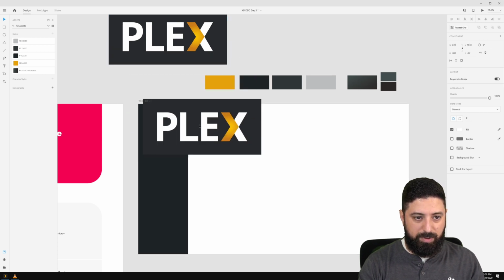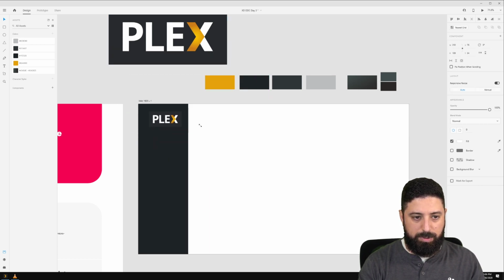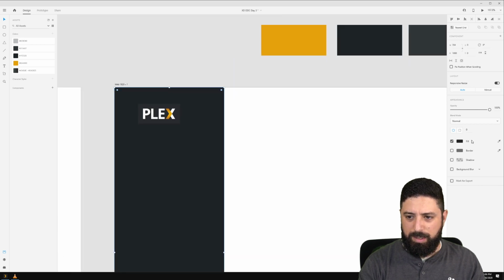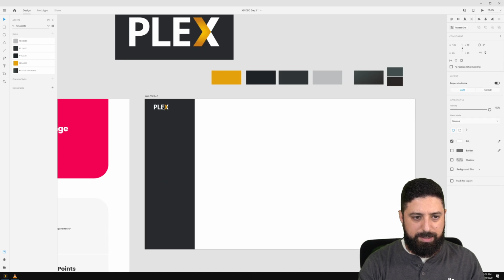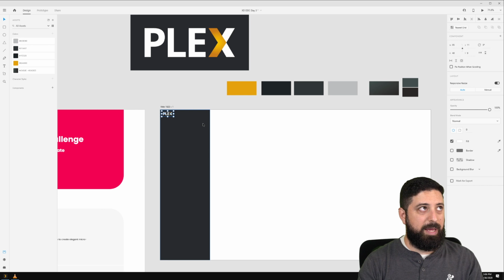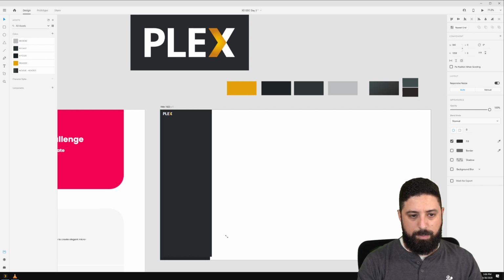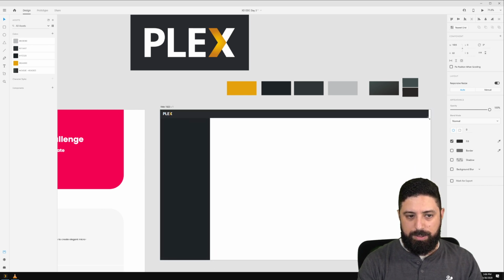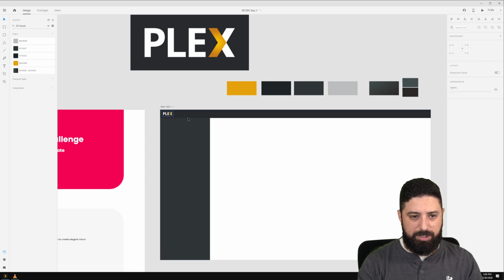So I'm going to come over here, grab this one more time, and I'll just make that exact. I've got my Plex app logo here. We can just tuck that off to the side. And I do want to do a bar up top as well, something along these lines that'll kind of ground our menu. And then this one, maybe we will use that darker color that I've got, just so there's a little bit of separation here.